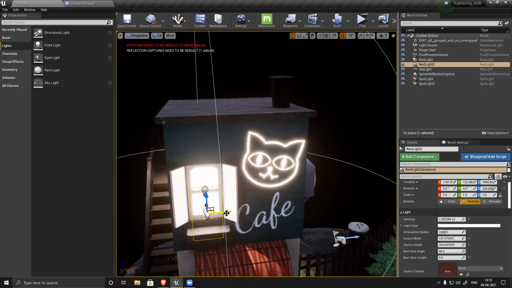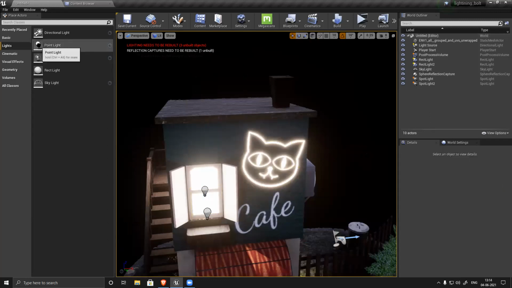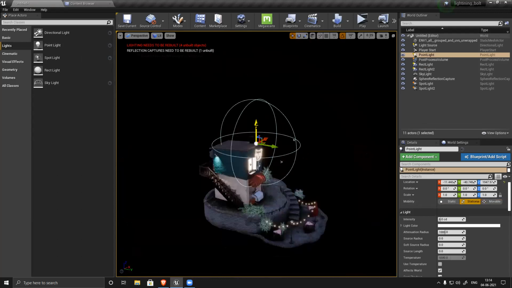Similarly, I need one more light here, because this part is glowing. For this, I don't want a rectangular light. I need a point light.